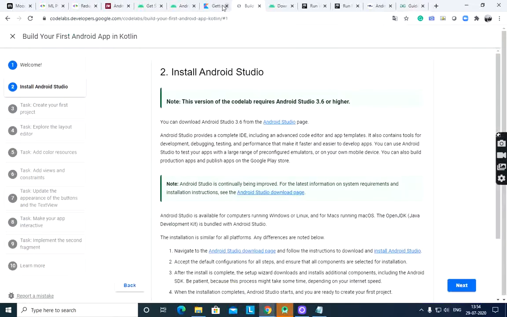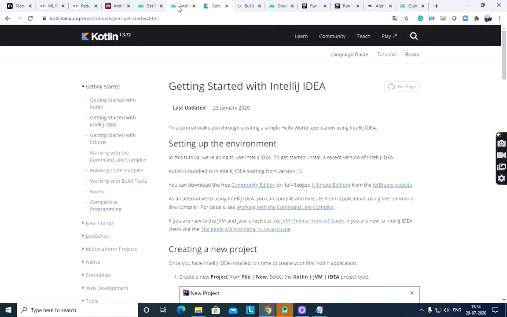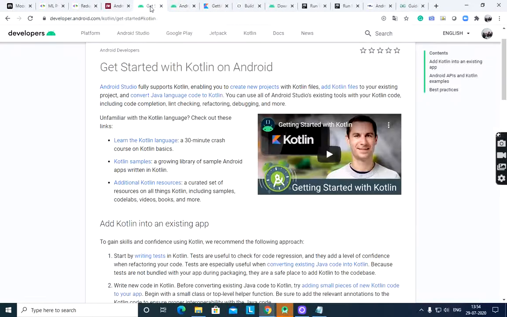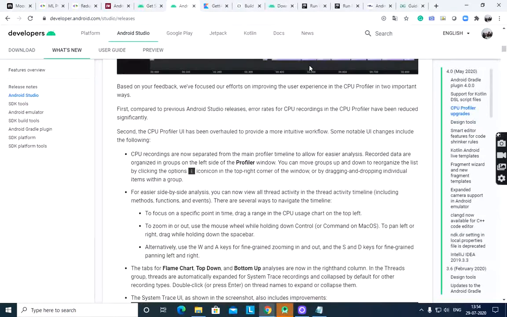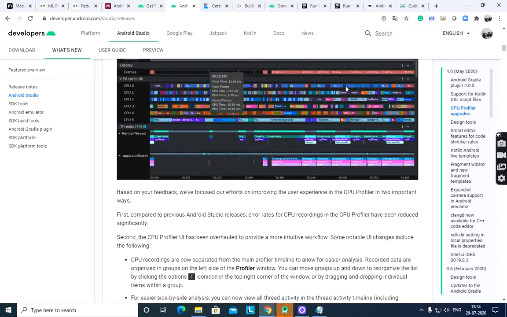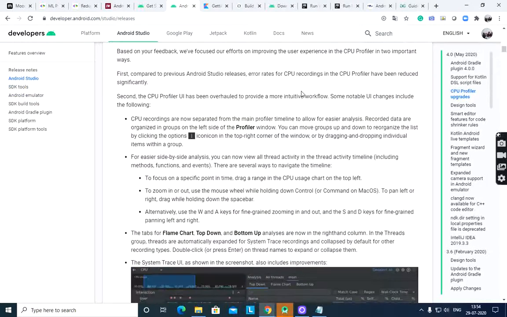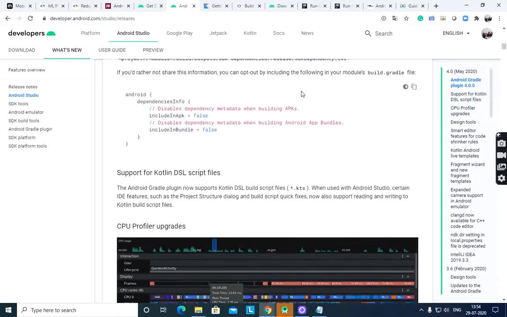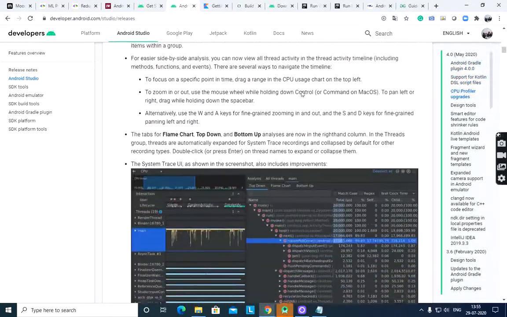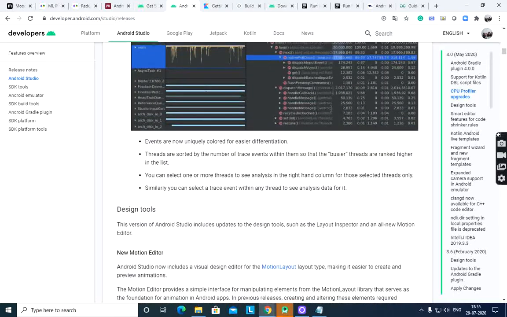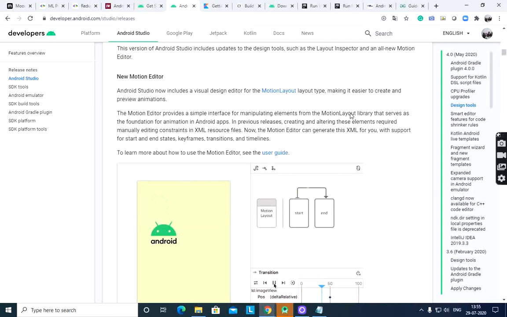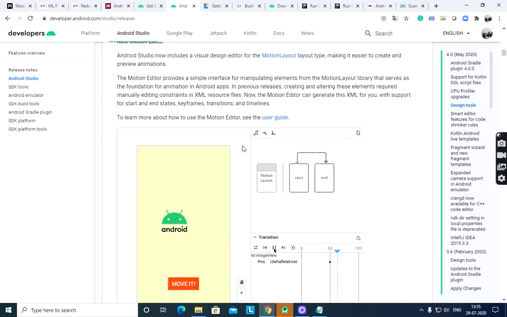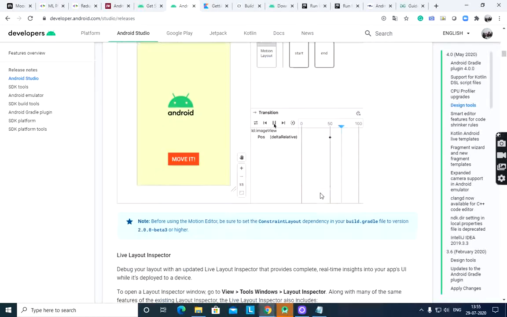Now I hope you will understand how to create a new project in Android Studio using Kotlin. So many features are introduced in Android Studio. New motion editor, you can drag easily.